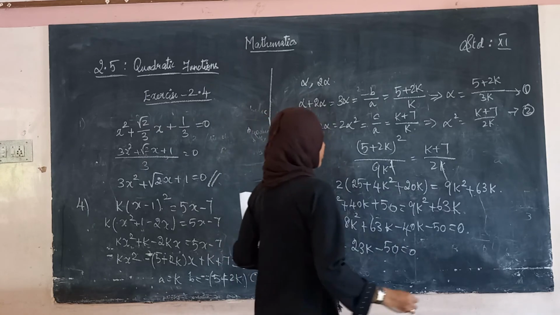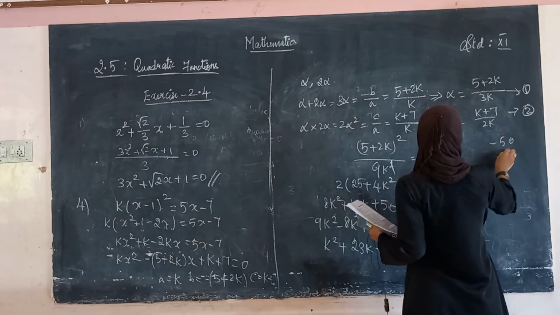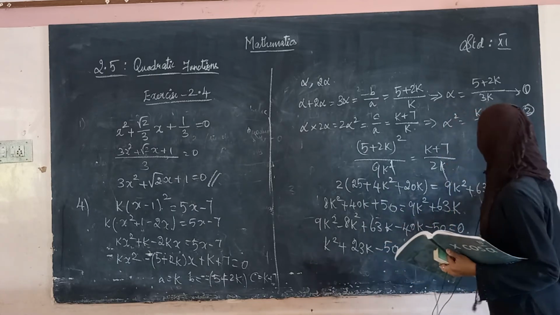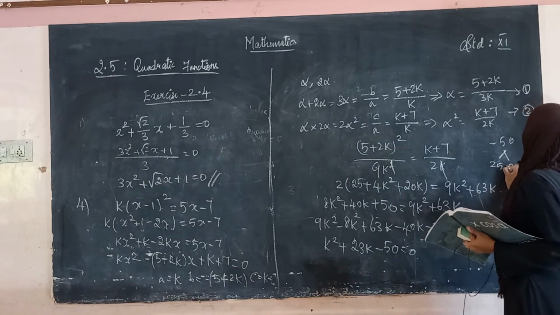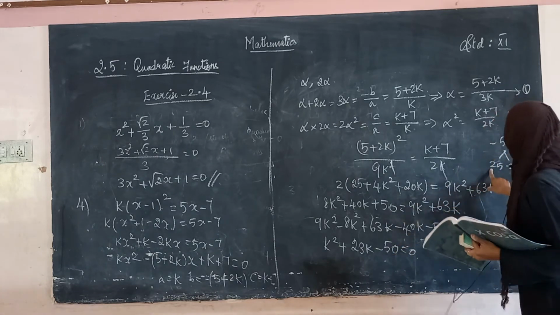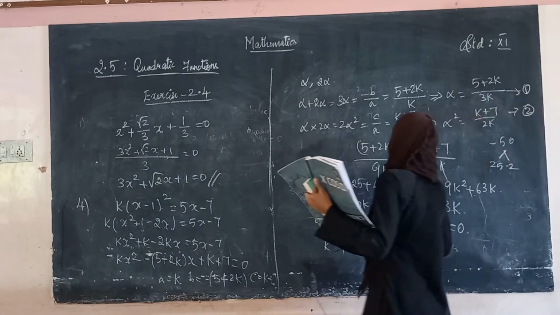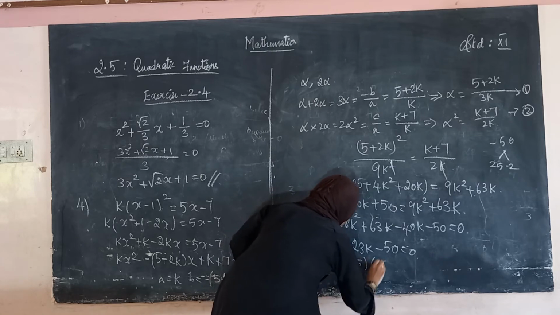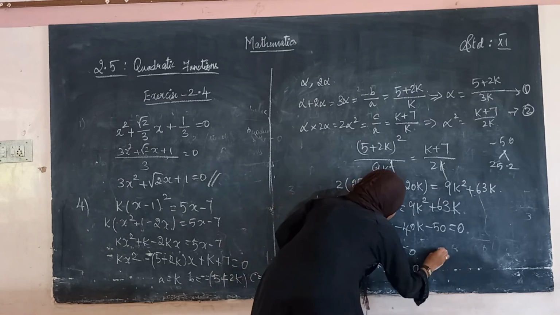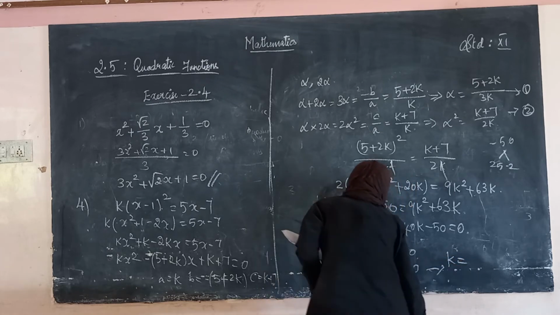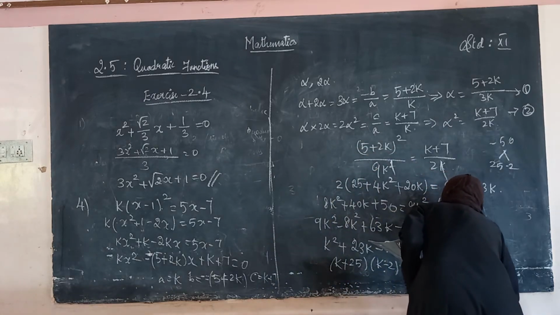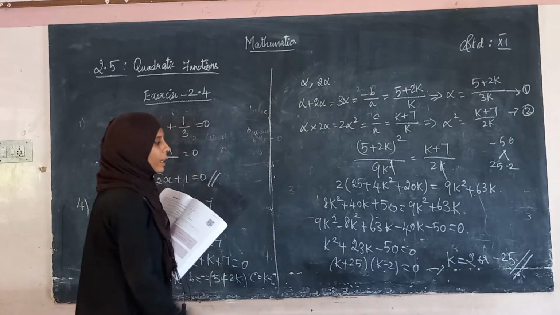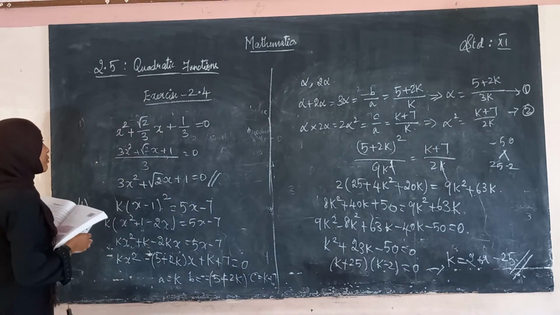We have to solve for minus 50. So minus 50, 25 into 2, while this is minus 50. But while adding both, we should get 23. This is minus here. 25 minus 2 is 23. 25 into minus 2 is minus 50. Therefore, k plus 25 into k minus 2 is equal to 0. From this, what's the value of k? K is equal to 2 or minus 25. This is what we have to prove. Hence, we have proved that k is equal to 2 or k is equal to minus 25.